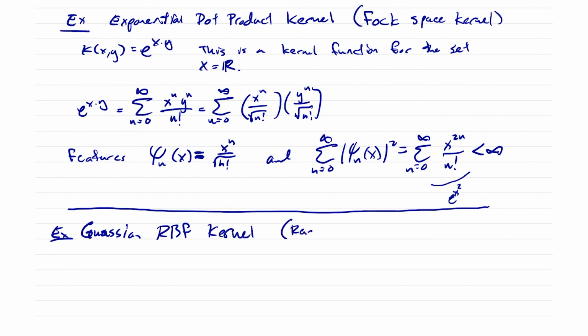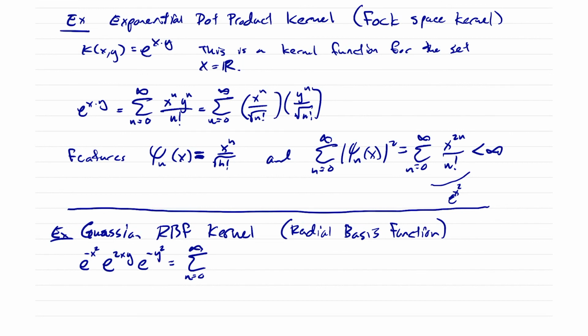Here it's radial basis function is what that means. Okay, and so this is easy enough to make. What we do is we actually build it off of the exponential dot product kernel. So if I were to start with e to the 2xy, and I multiply it on the left by e to the minus x squared, and on the right by e to the minus y squared, then I get this. I get the sum n equals 0 to infinity of,